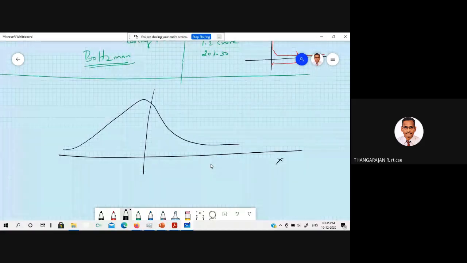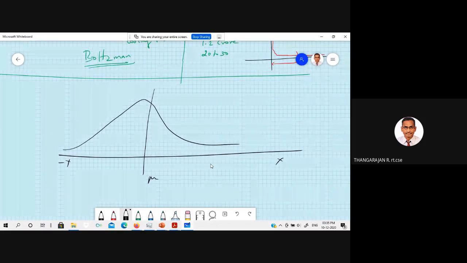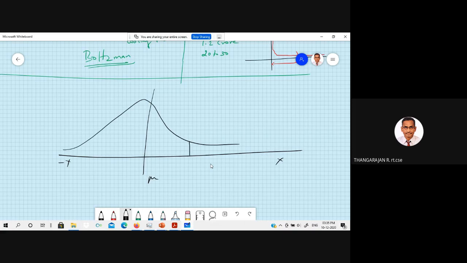This is x minus x mu. Okay. Now suppose that you want to know what is the probability that your x is equal to some value small x. What is the probability that your random variable x gets a value small x? In that case, you want to compute this.